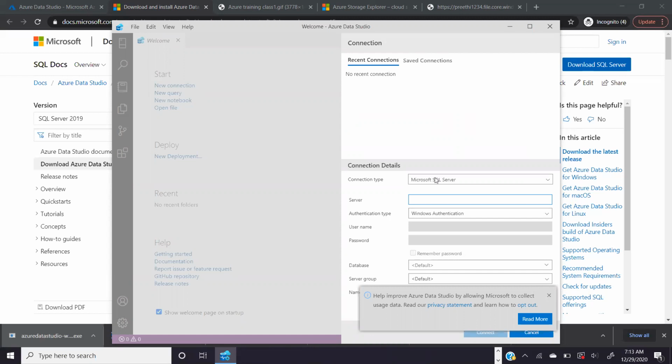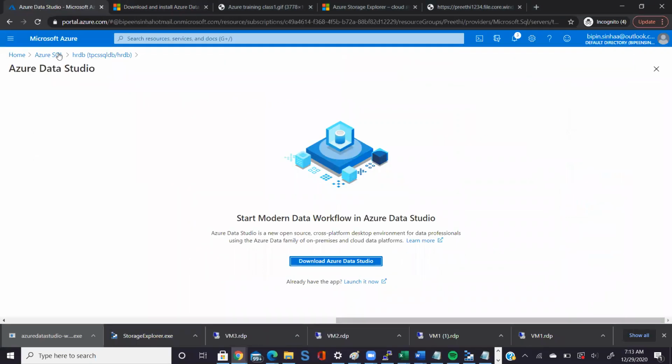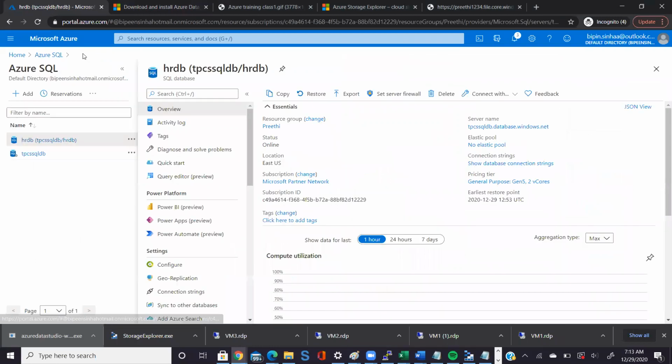You have all the options here, so you drop down and select Microsoft SQL Server. Then it's going to ask for your server URL. How will you get the server URL? You will get it from Azure. Come to your Azure portal, and here is the server name. Just copy this one and paste it there.